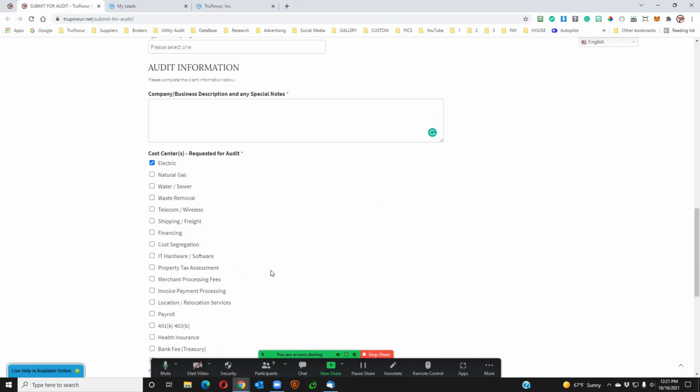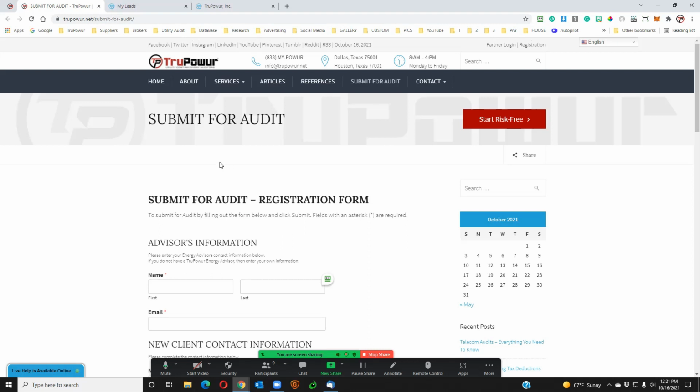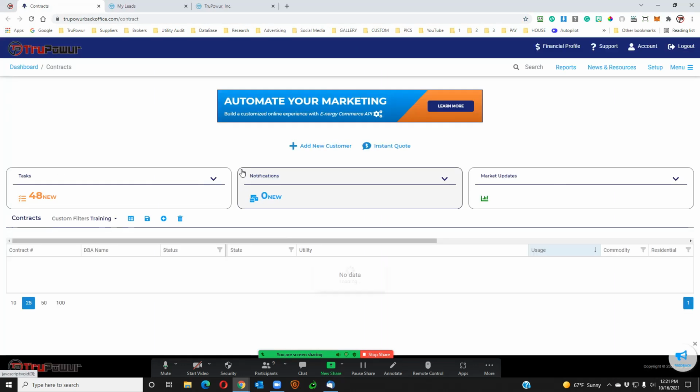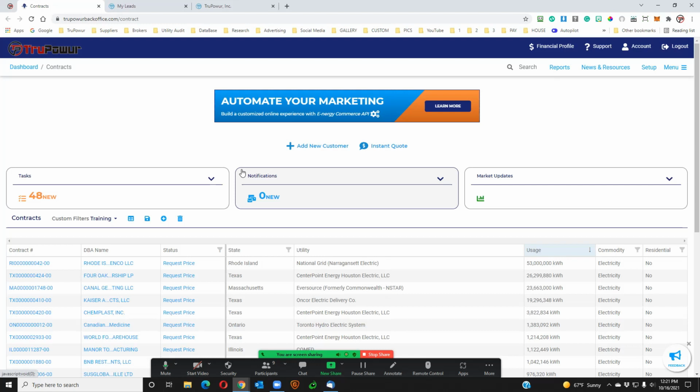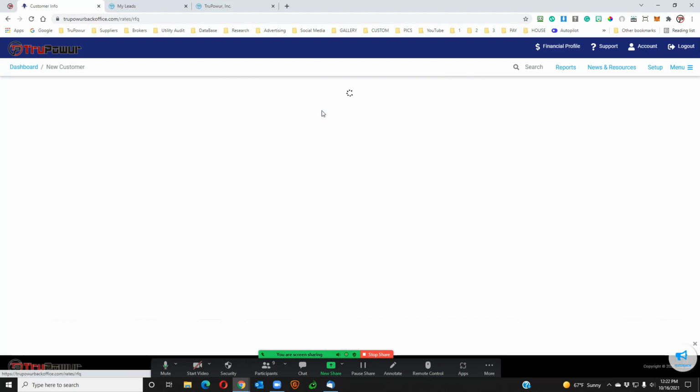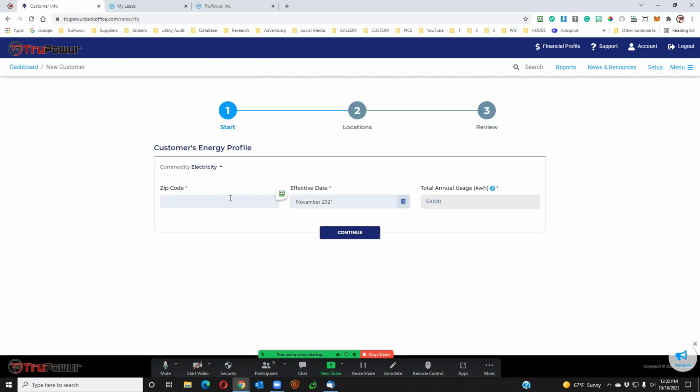But now that you have a copy of that bill, what else can you do with that information? Well, you simply need to come back and go to the commercial pricing platform. And this is where we're going to submit the customer for a proposal. So having that information, all we're going to do is transpose that information into the platform. And so you're going to click on Add New Customer. Put in the zip code of that customer